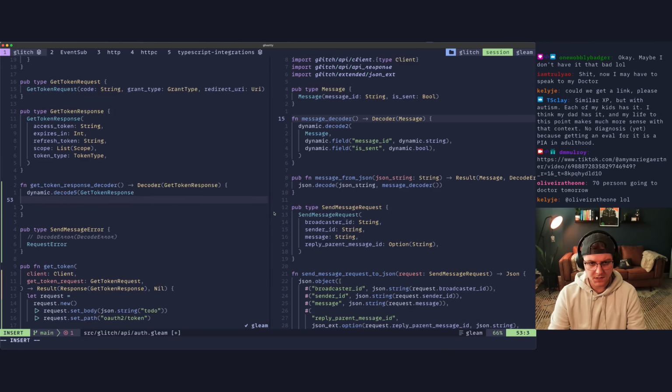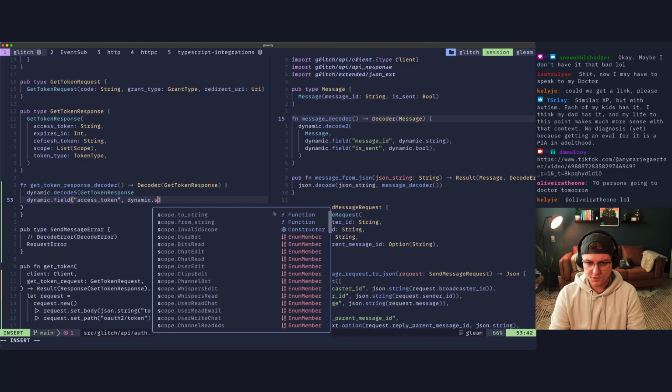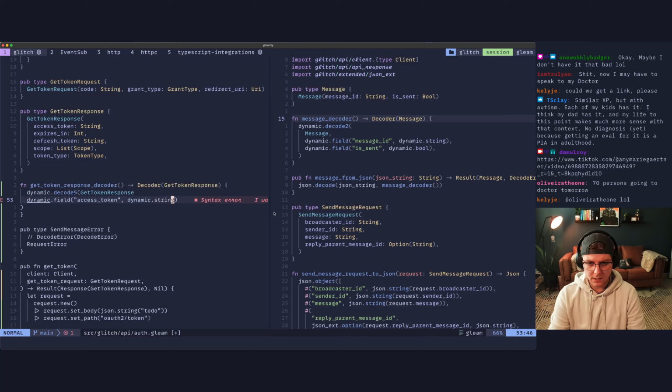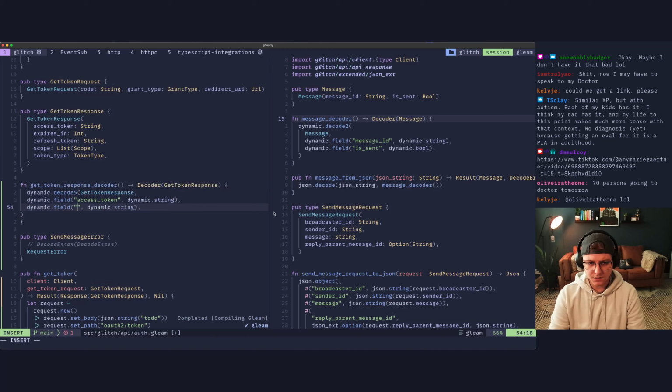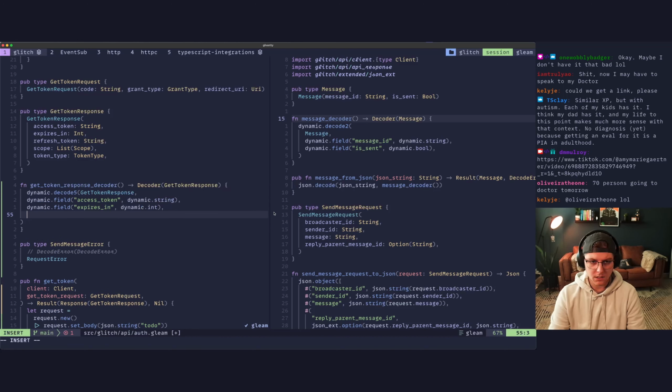So we'll come in here and we'll say dynamic.field, and this will be access token, and this will be a dynamic.string, and then we'll have expires in, and this will be an int, and refresh token will be dynamic.field, dynamic.string, and then we're gonna have to do